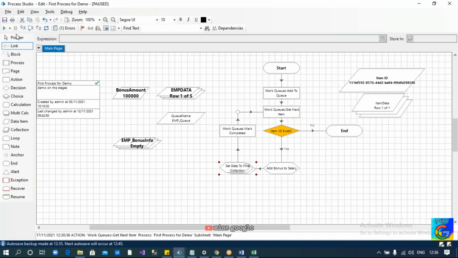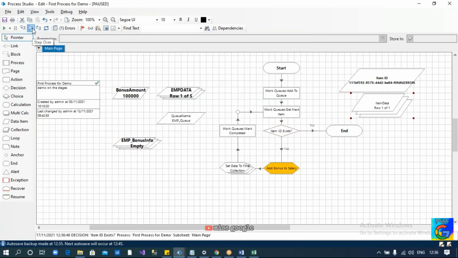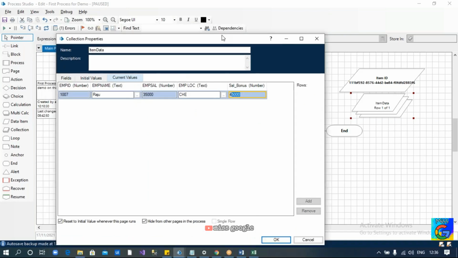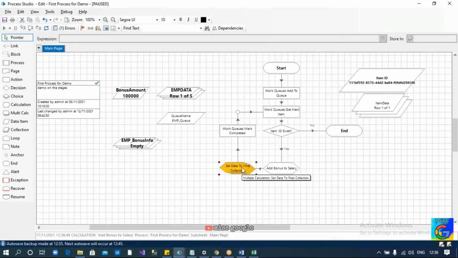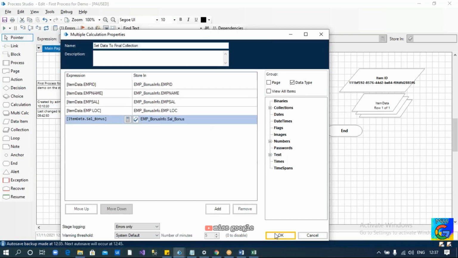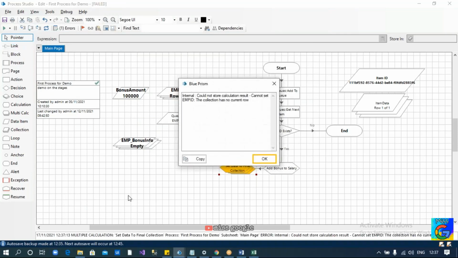Clear? Now see what I am doing. I am having this record, right? Currently there is one record in this collection, that is 1007. From there we are going for the record. I am going to add bonus. Now you can see we have the data here in the bonus column, so we are able to add the value. So once we add the value here, now we are going to set the values present in the item data collection to another collection, a new collection. If you want to set the data to the new collection, and now if you execute this,